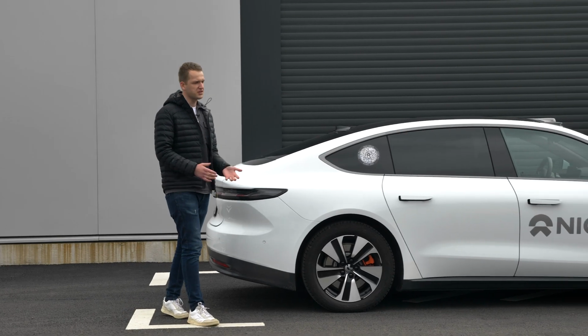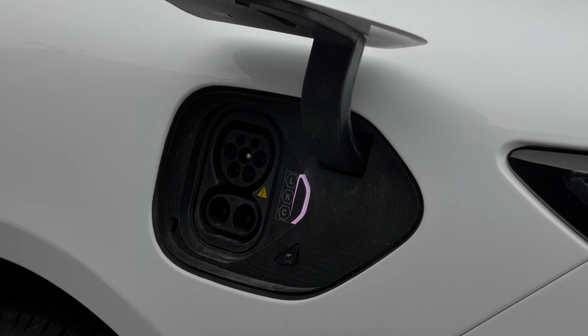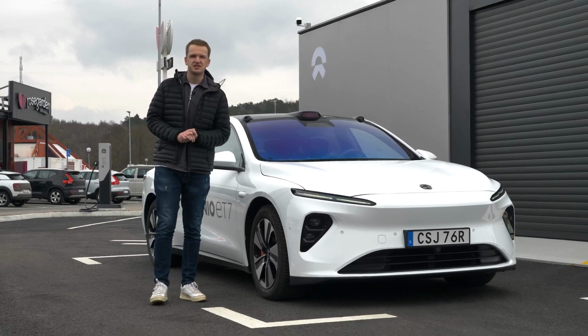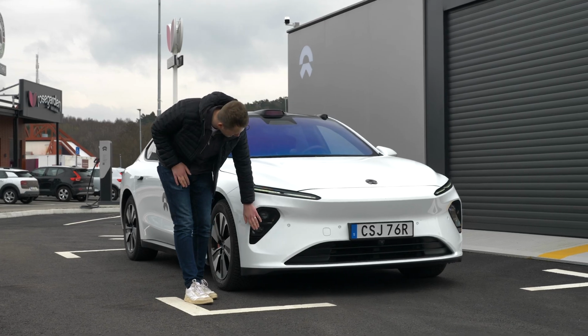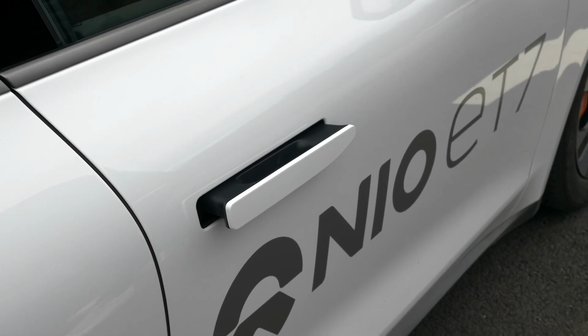NIO as a brand is often described as the Chinese Tesla, and this particular model, the ET7, positions itself alongside the Model S, and there are quite a few similarities between the two. Looking straight on, you can see an immediate resemblance to the Tesla, firstly with these razor-thin LED beam headlights and these smaller headlamps just underneath. You've got these hidden door handles at the side, and from this angle you can really see just how long